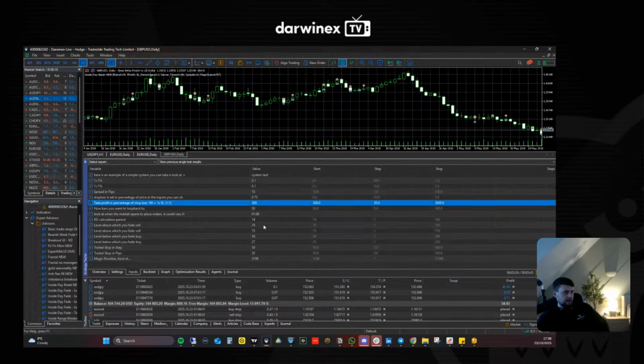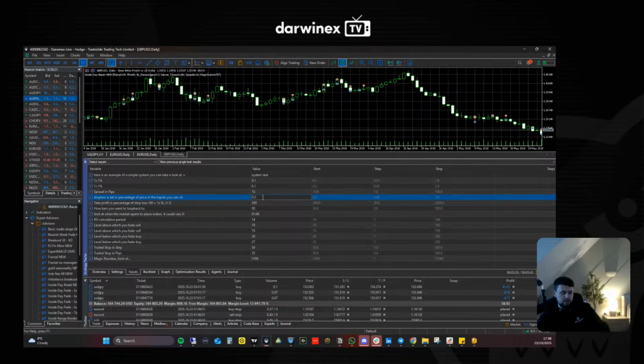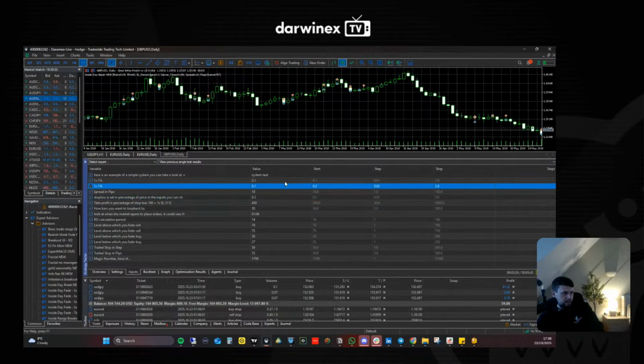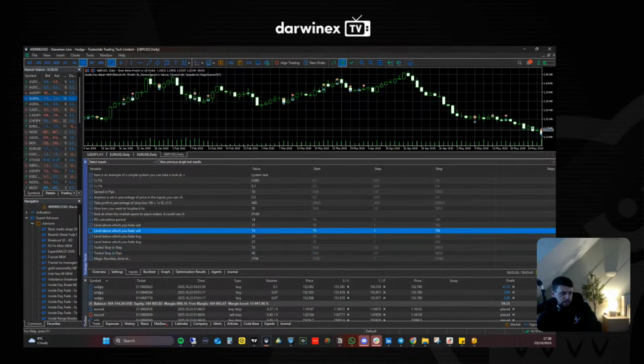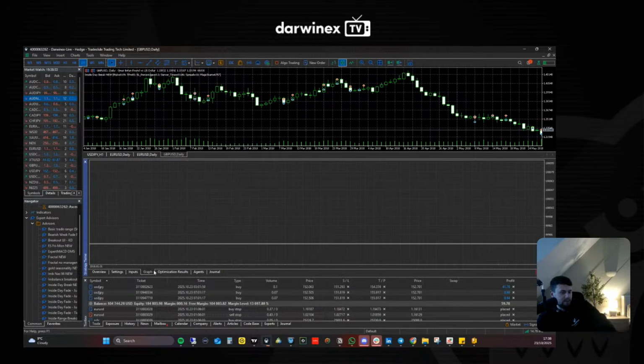I think maybe this is far too wide. So let's try something that I wouldn't usually do, and that's a tight stop on dollar yen. Let's increase that perhaps. 10 pip spread maximum. 0.85. Keep that at 0.1. Go up a notch, down a notch. Let's increase that 70 to 40. Okay, let's go. This will be the last test we've run because we've been on for almost 2 hours.